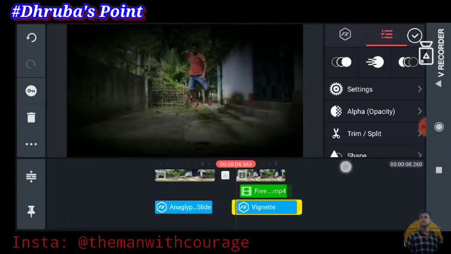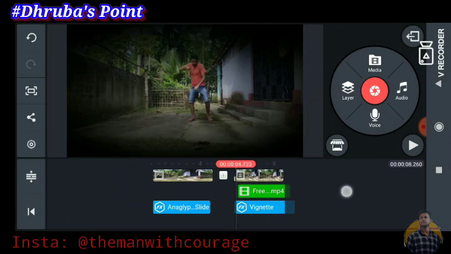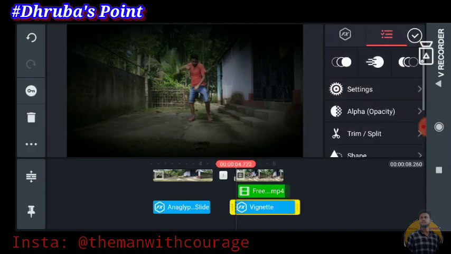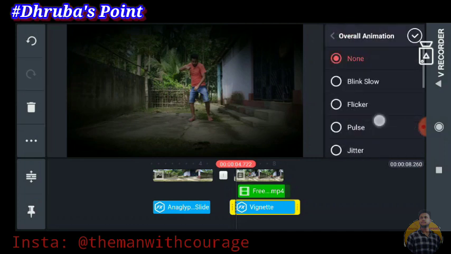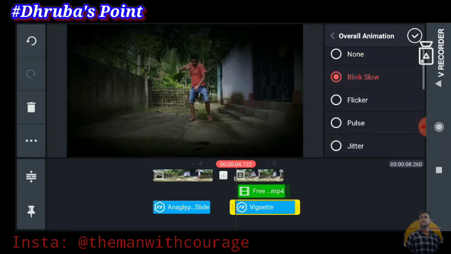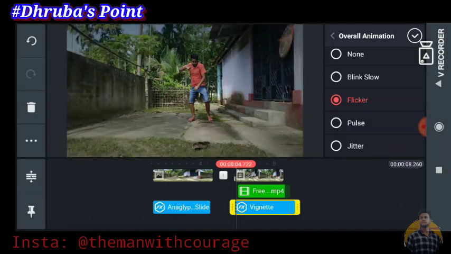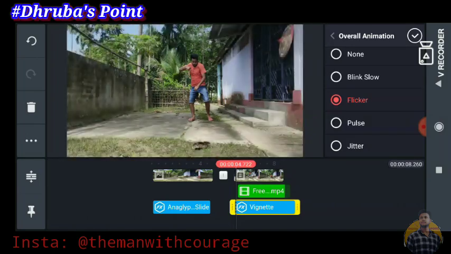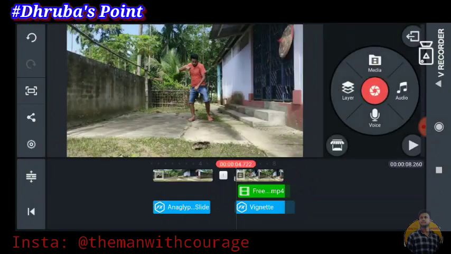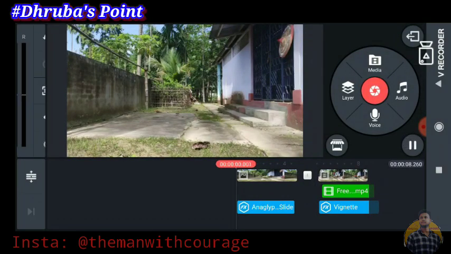Adjust it. Okay. Now go to the vintage effect and you have to add here some animations. So I have selected flicker. You can select any other animations. Okay, let's take a preview of this clip.